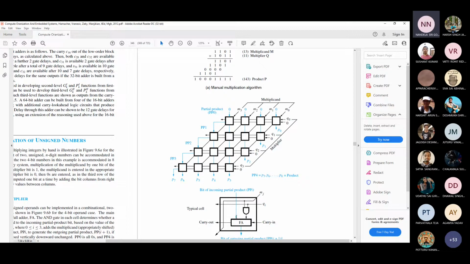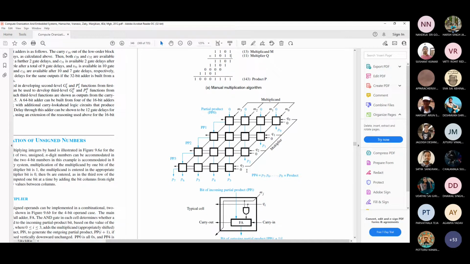And then it is added with the product of the multiplier ANDed with the multiplicand, and it takes the carry as input and produces the carry out. This multiplier bit actually goes to the next block. So this bit Q0 goes here, here, here, here. So these arrows can be ignored. If you are implementing 4 cross 4, it is not needed. These arrows can be ignored. This is the simple gate level implementation of an array multiplier.